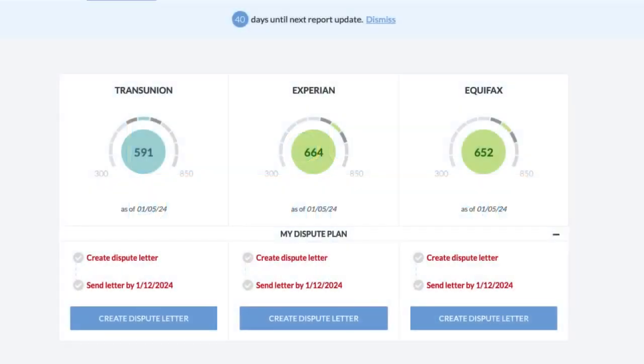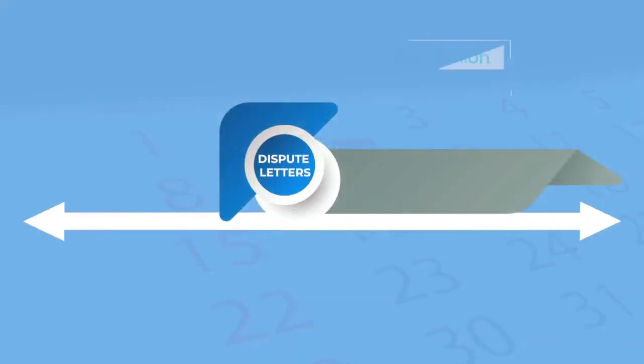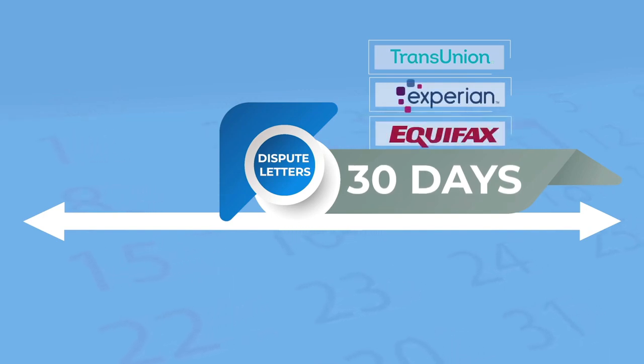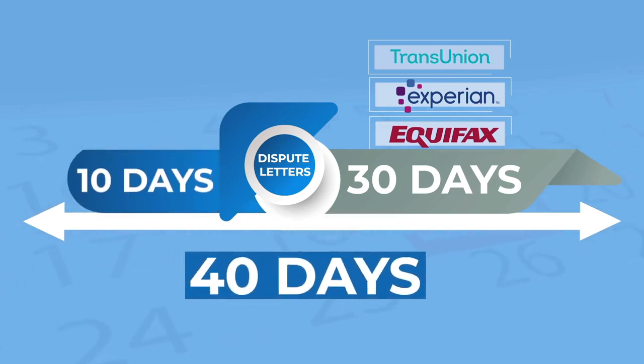Follow the timeline starting with creating and mailing your first dispute letters for each credit bureau on or before the send letter date here. The dispute process is timed by federal law. The bureaus can take a full 30 days to respond to your dispute letters from the time they receive them. This is why the software updates every 40 days. You have a few days to create your dispute letters and then a few days for your letters to travel